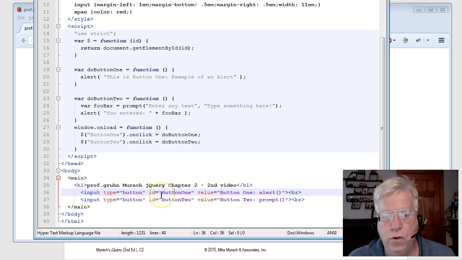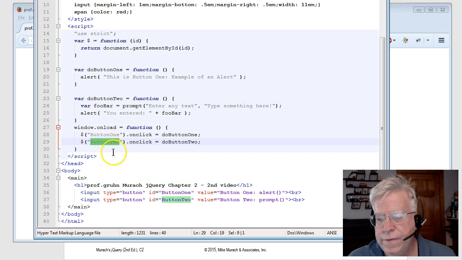These all get loaded upon the page load. And on the window load, the functions will get set so that when somebody clicks the button with the button 1 ID or the button 2 ID, this function, do button 1 or do button 2,